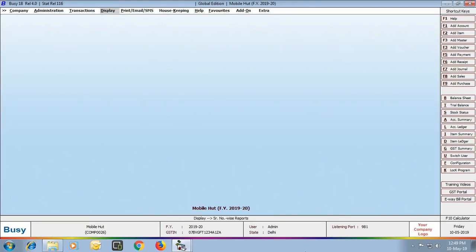So in this presentation we have discussed all the features that are required for a mobile retail industry. Hope after going through this presentation you would be able to easily use and implement all these features that are required for